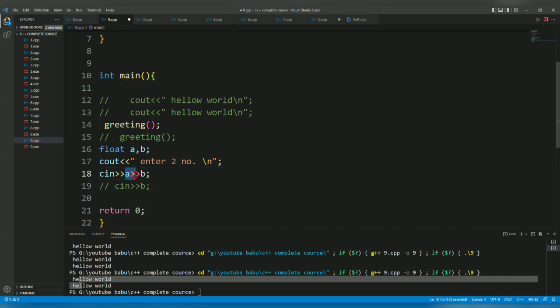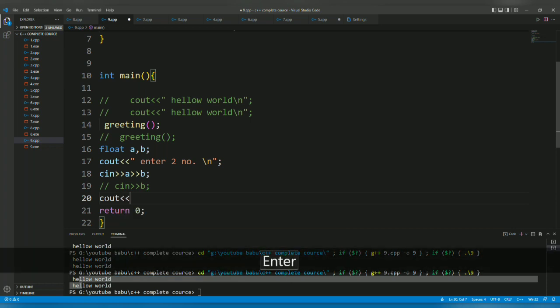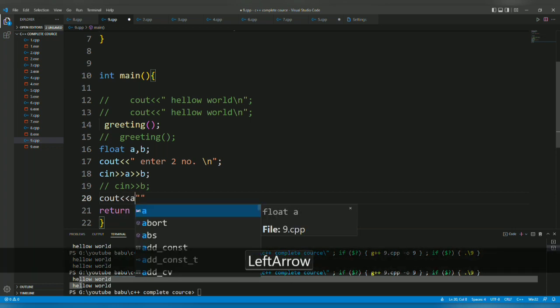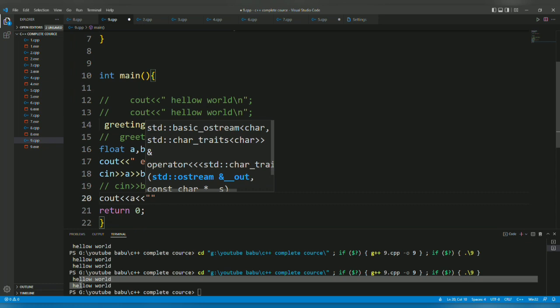You can take the input in the same line only. You don't need to type cin again and again. So I have taken input from the user. Now let's see whether this is running or not. I will type a, and